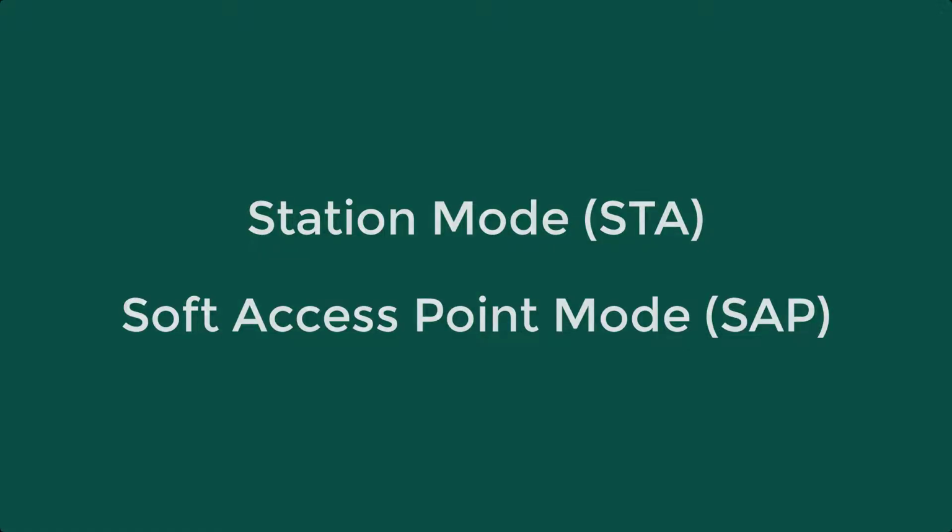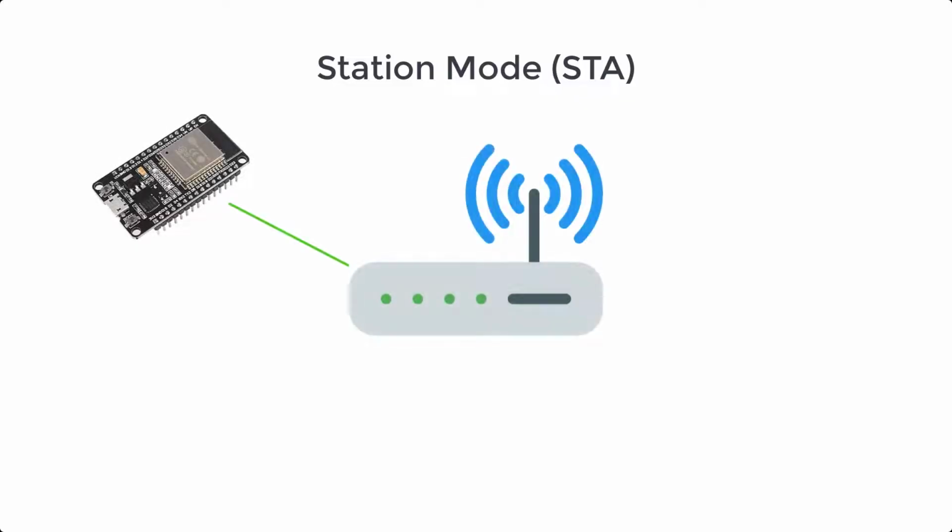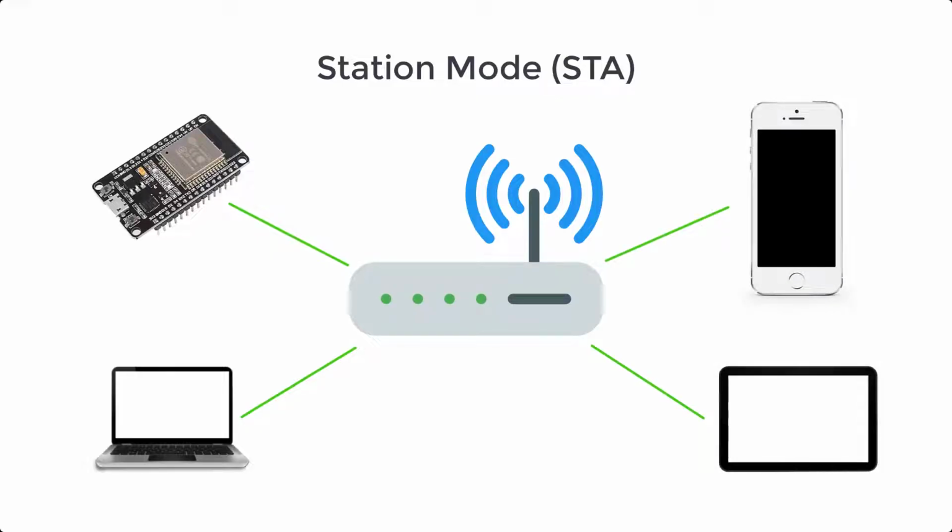In station mode or STA, the ESP32 connects to an existing Wi-Fi network. This is the one created by your wireless router. It means that it is just another client to your router, similar to your computer, tablet, or phone. In station mode, your ESP32 gets its IP address from your wireless router's Dynamic Host Configuration Protocol or DHCP to